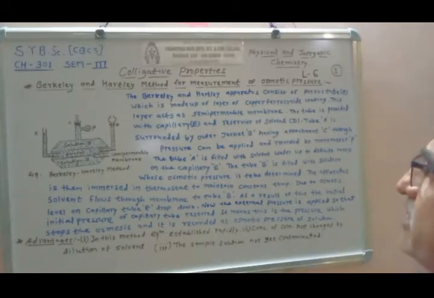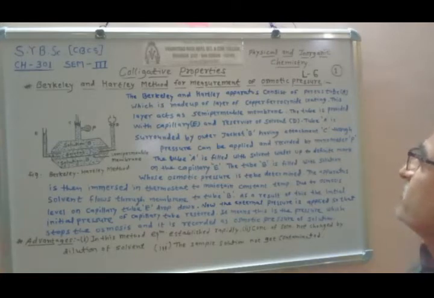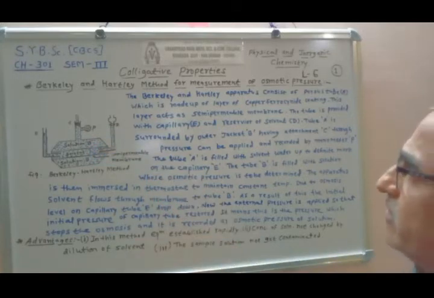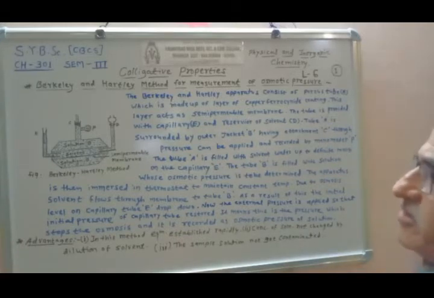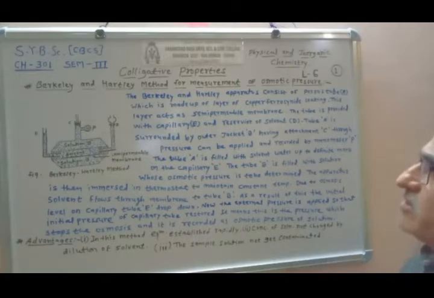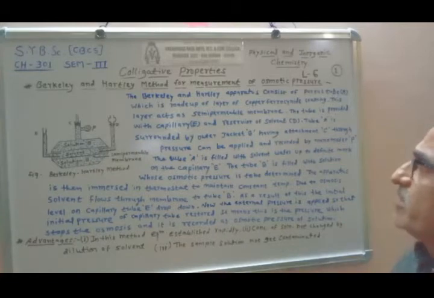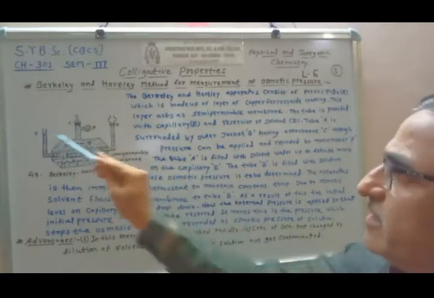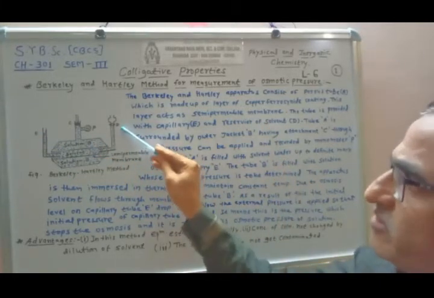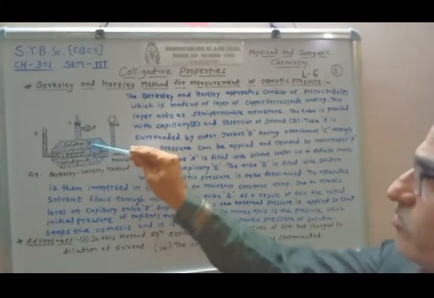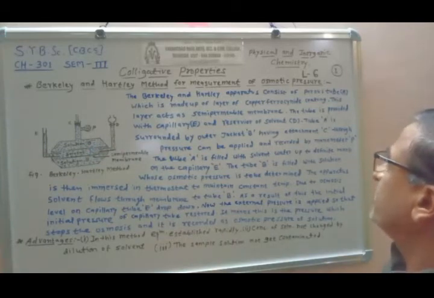So the Berkeley and Hartley apparatus consists of porous tube A. This is the tube A which is porous, made up of copper ferrocyanide. It is the chemical semi-permeable membrane coated with the copper ferrocyanide. So these layers are acting as semi-permeable membrane. The tube is provided with the capillary E here and the capillary D, which is known as reservoir, surrounded by the outer jacket B, having the attachment C through which